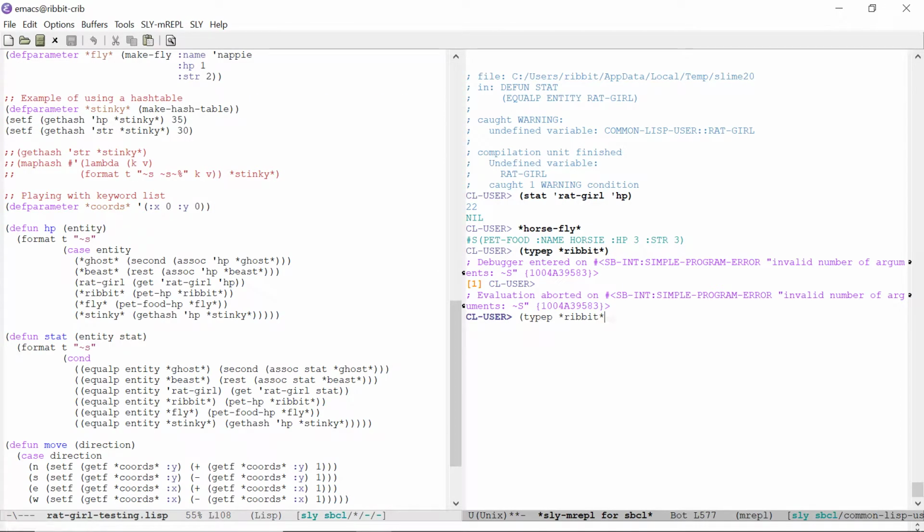Okay. So if I say type of rivet, it's a pet. So if I can say type P rivet pet, alright, so I should be able to come over here then,